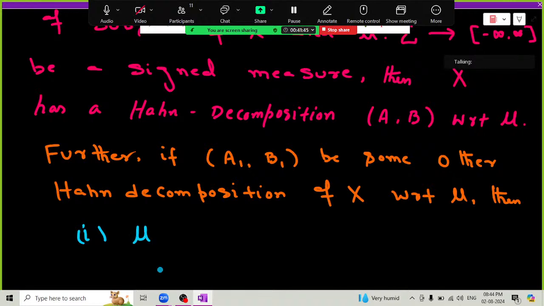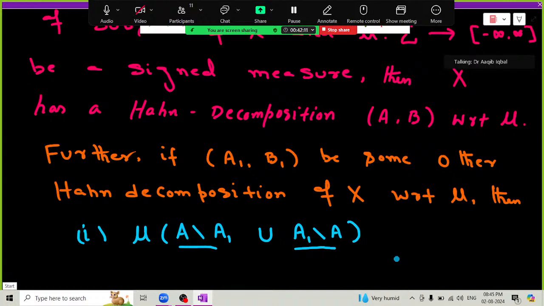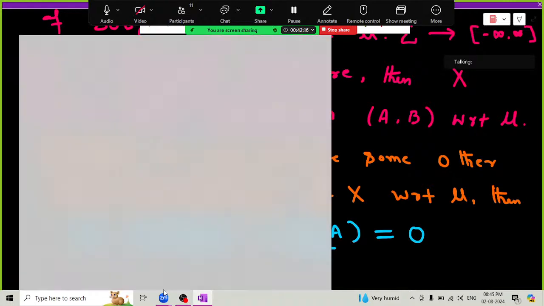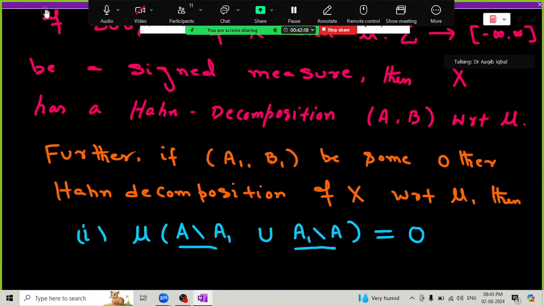mu of A minus A1 union A1 minus A, this set which is the union of these two differences, its mu standard measure, this will be 0. Okay. Second thing,